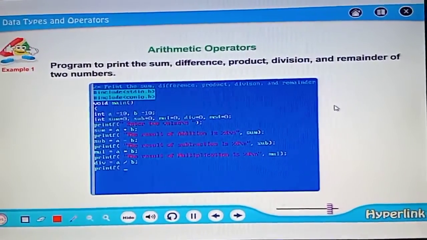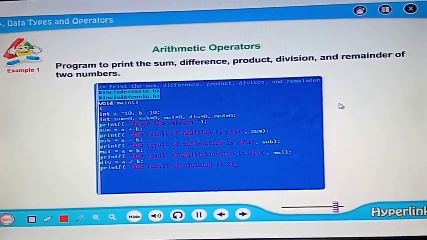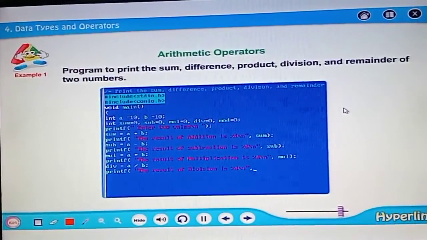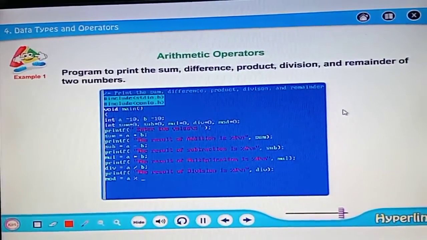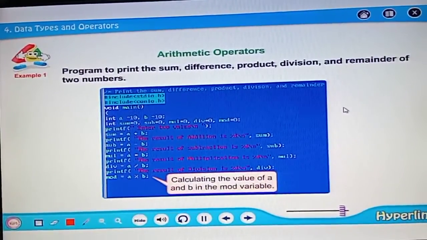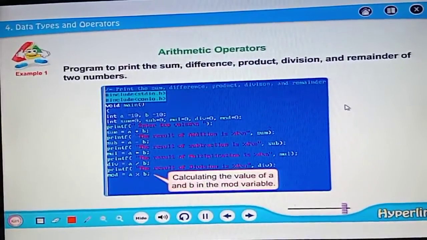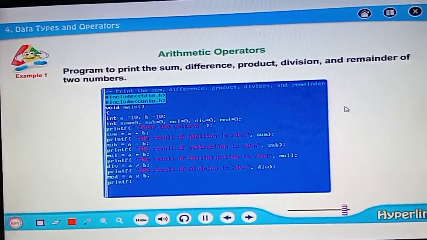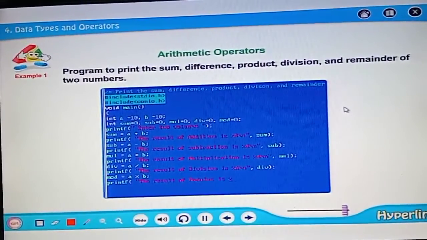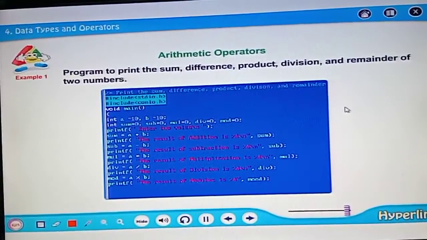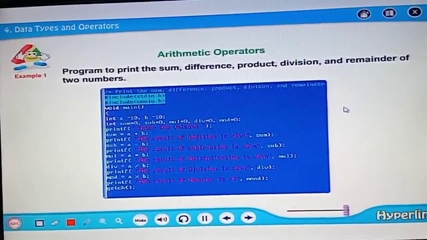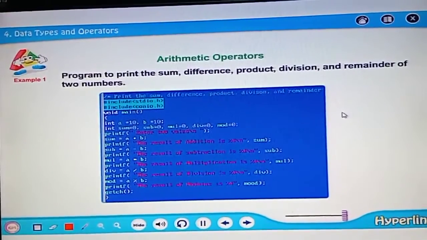printf("The result of division is %d\n", division); mod = a % b; calculating the value of a and b in the mod variable. printf("The result of modulus is %d", mod); getch(); }